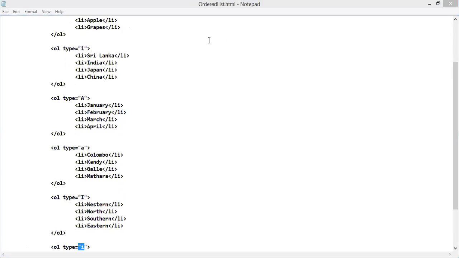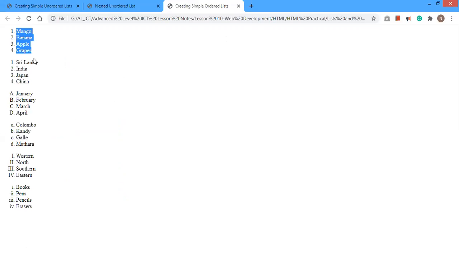Now if we move to the output again, now you can understand. Here the default one, I didn't use any type attribute value, so it is taking the normal number system as the default one. Here, since I have set number 1 to the type attribute value, it is incrementing automatically in the normal number system.